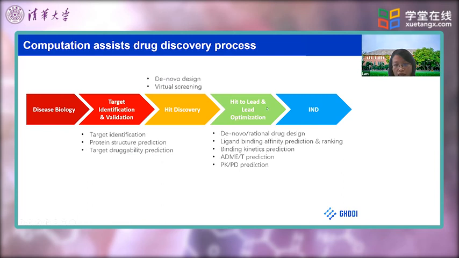On the stage of hit to lead and lead optimization, we can do rational drug design based on structure or de novo drug design. And there's an approach to predict the binding affinity and use it for ranking the compounds and make suggestions to medicinal chemists. And sometimes binding kinetics is very important to the cellular potency. There's also an approach to predict that. As we know, to make a compound a drug, the drug-like properties are very important. And there's a method to predict ADME and tox properties. And also there are mathematical models to predict the PK/PD properties, and this is also very important to making a drug. Next, I will talk about one important factor related to drug potency,